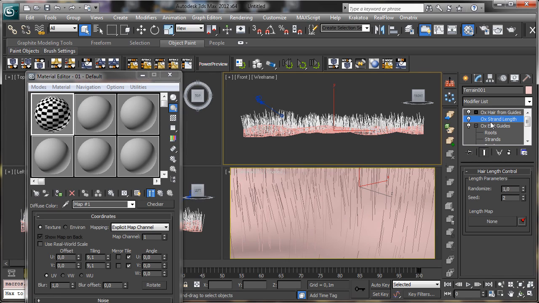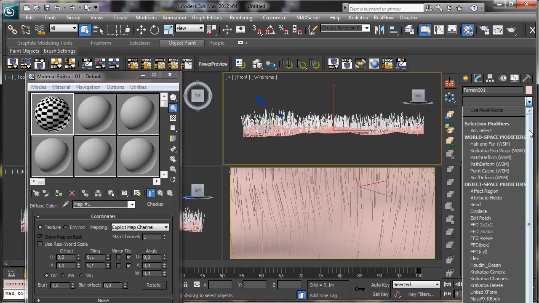So we can go back there to the hair strength length,